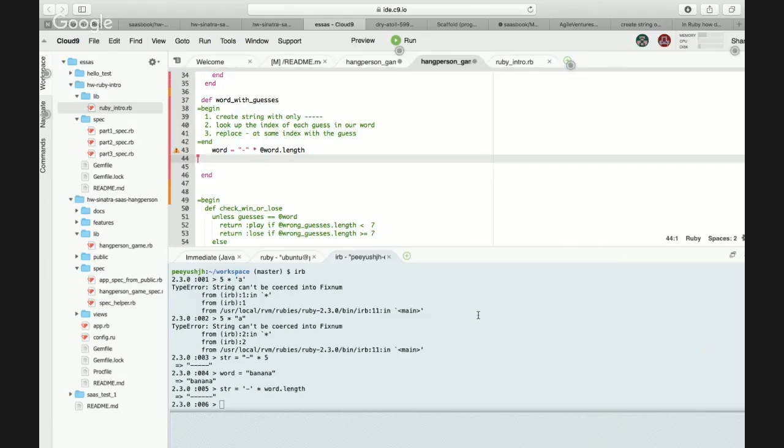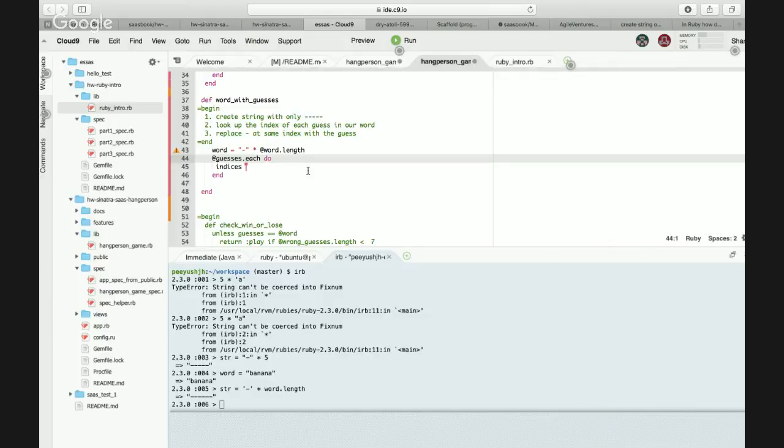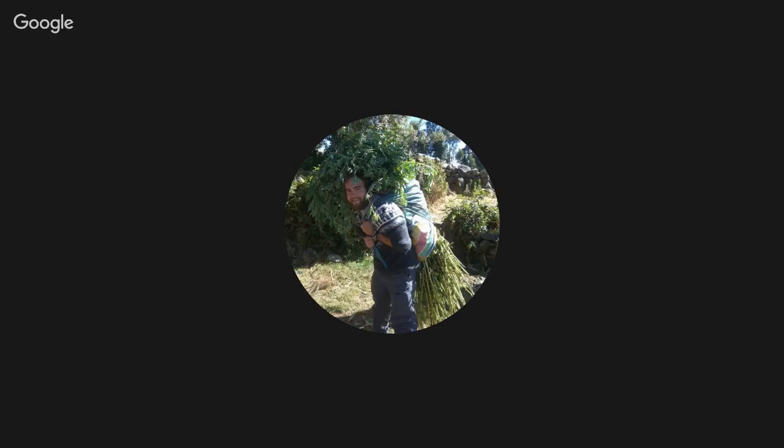This is dot each do. So we're going to look up the index: word dot index, and you give it the letter.